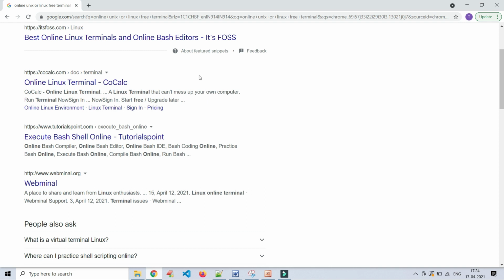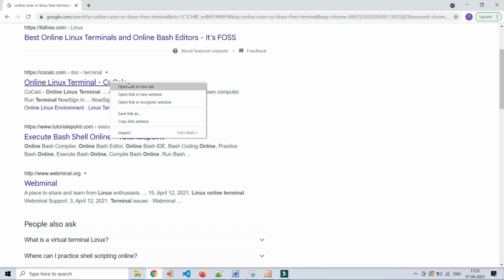A terminal is nothing but wherever you are allowed to enter your commands, prepare your shell scripts and execute. That itself is a terminal. So when you are searching, search with online Unix or Linux free terminal.